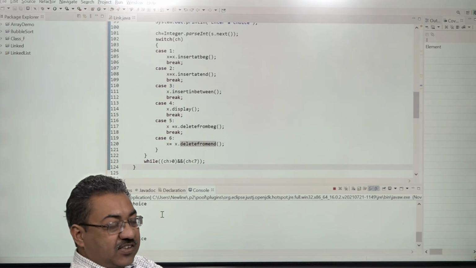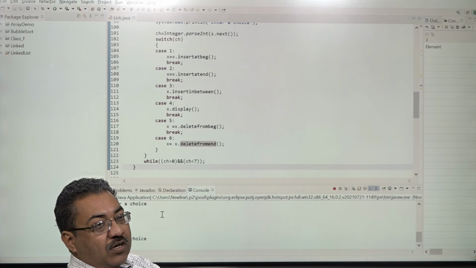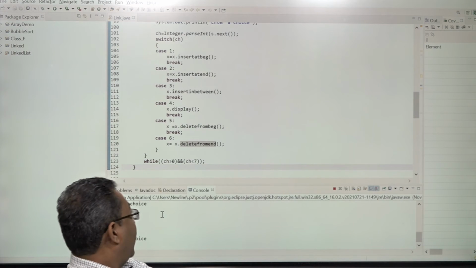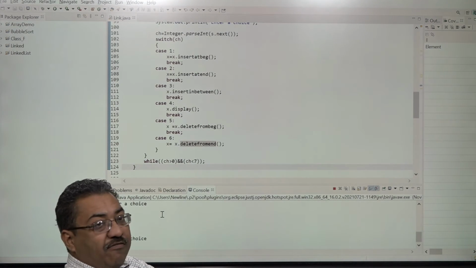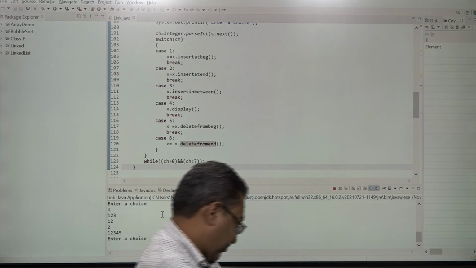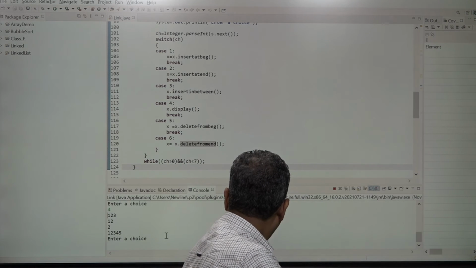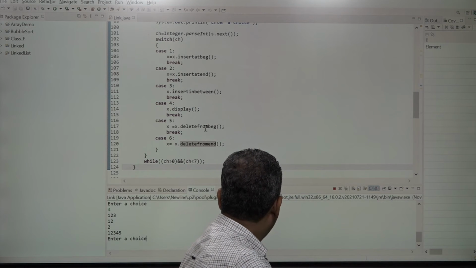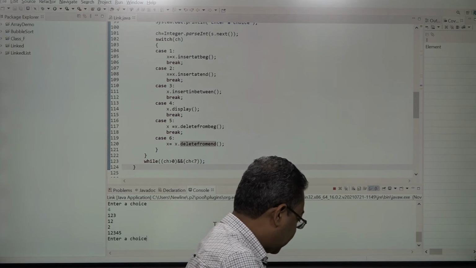Reason being, these functions cannot be called without an object, or in case the invoking object is null, the function cannot be called. Right? Now let's enter the choice for the deletion from beginning. The choice is 5.